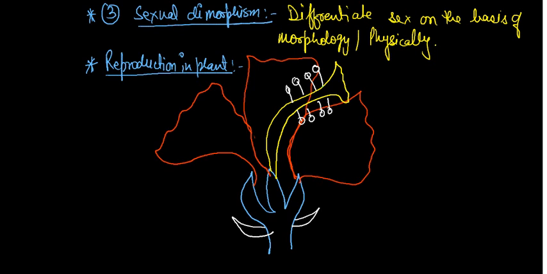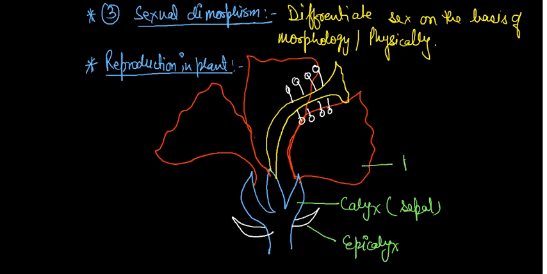So first we are going to label it. Listen very carefully. This layer is called epicalyx. That is not an important part. This structure is called calyx. A single one is called a sepal, which means a group of sepals is called calyx. This structure is corolla, but a single one is called a petal. It means a group of petals is called corolla.